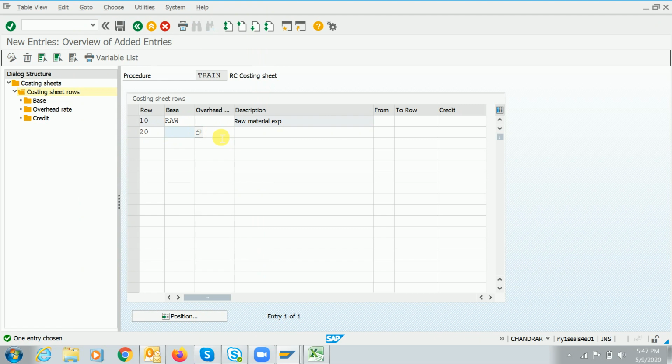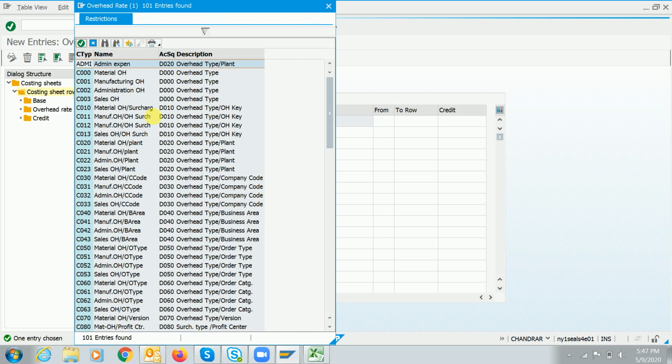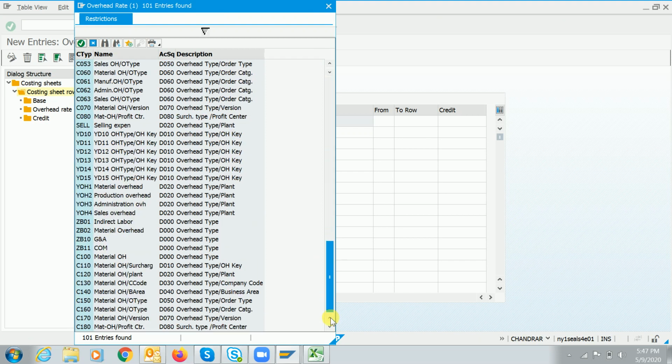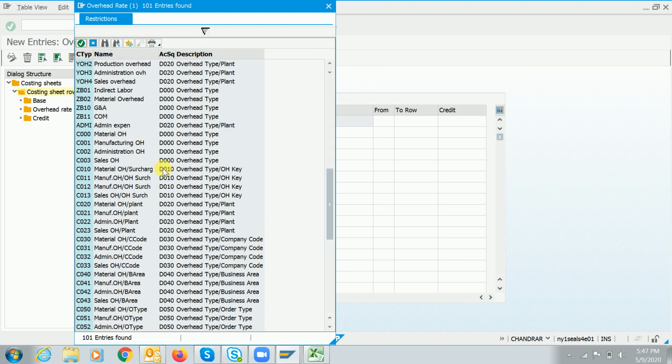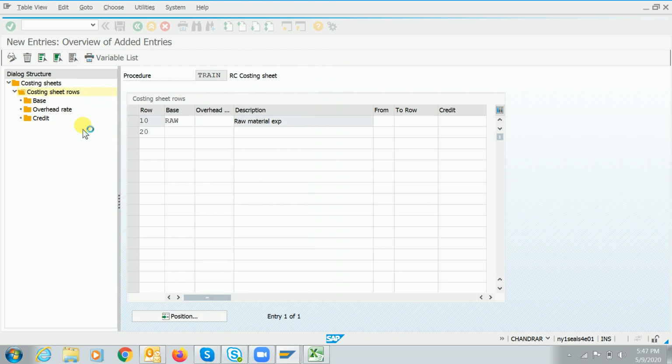and now the next step is we have to maintain the percentages. Let me check what I have given, guys. Let's identify the admin also. Admin, yeah.